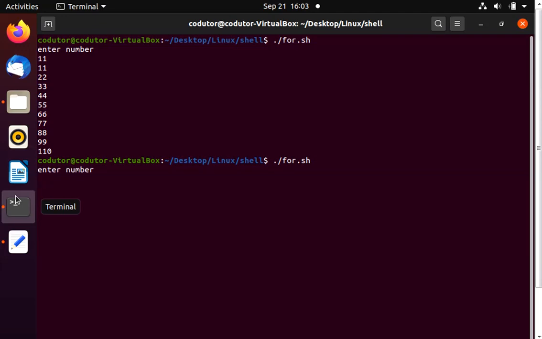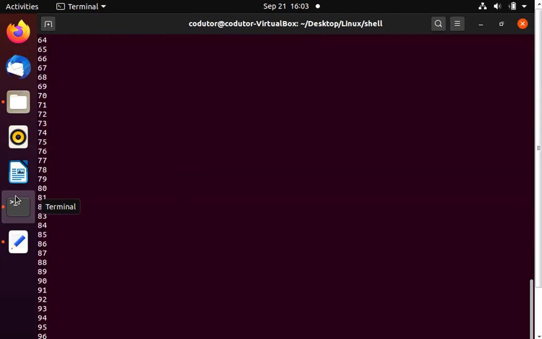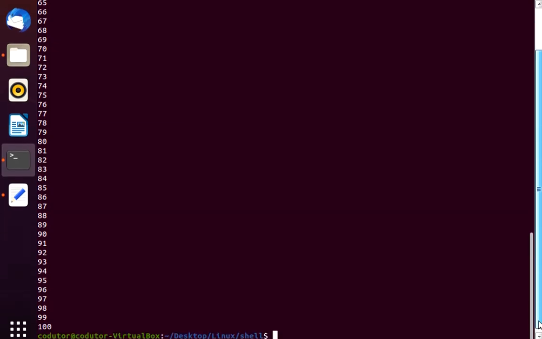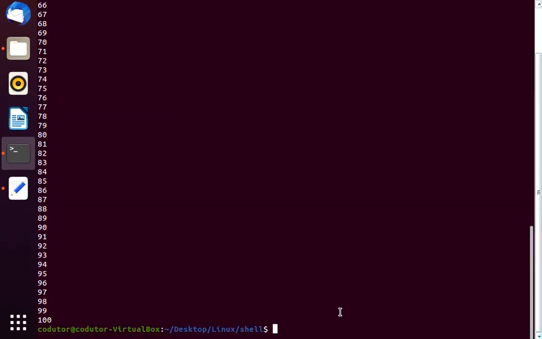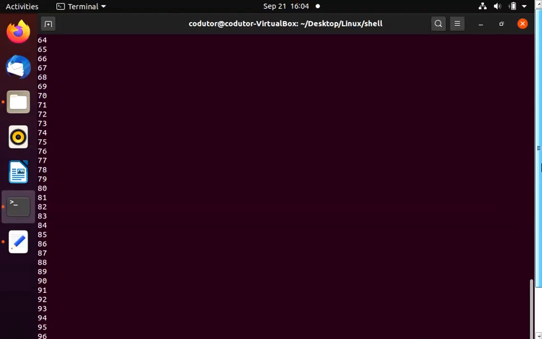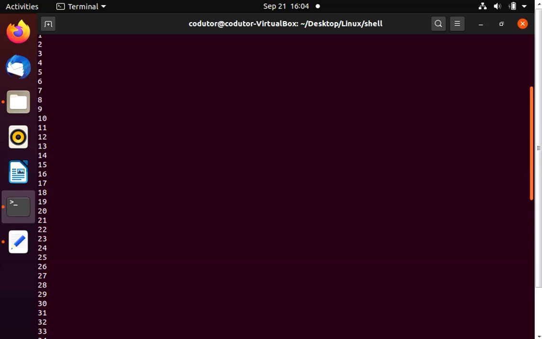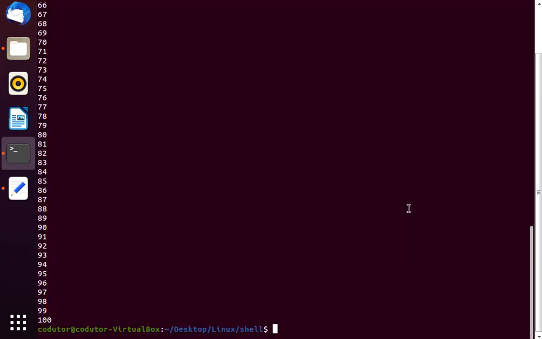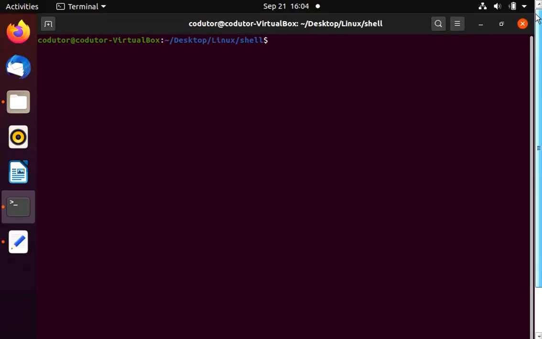Enter the number. This is useless because we are just printing the value of i. So the value is from 1 to 100. You can see 1 to 100. So this is the another syntax of the for loop, and we will print the multiplication table